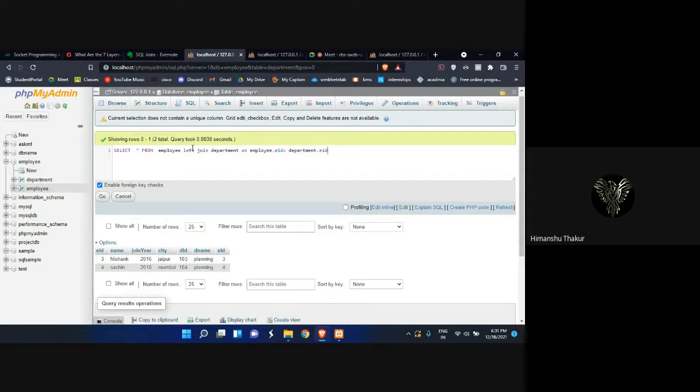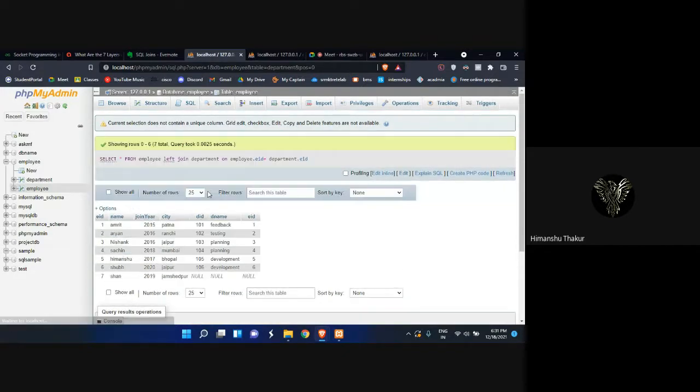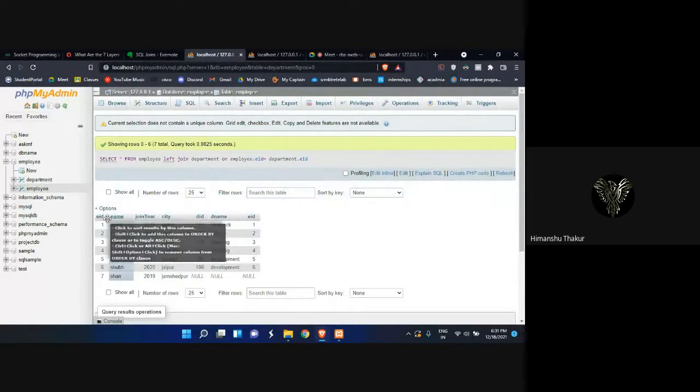And the result will, if, no, let's not go for the if condition first. Okay, so what it does, it gives me all the data from the left table, with that is employee ID, name, join year, and city, and then it checks for the condition in the right table.